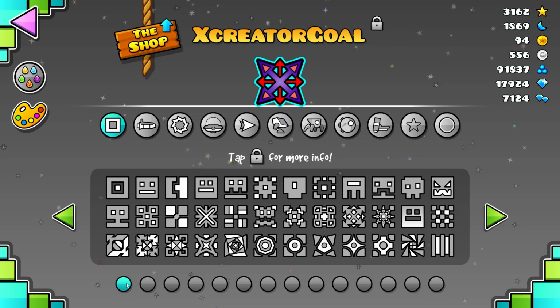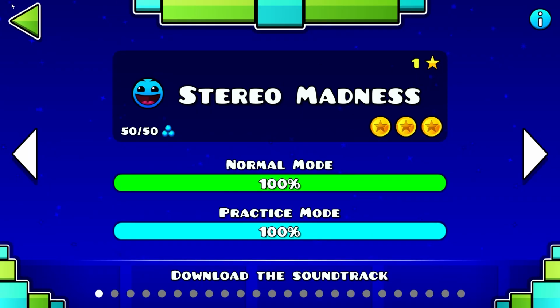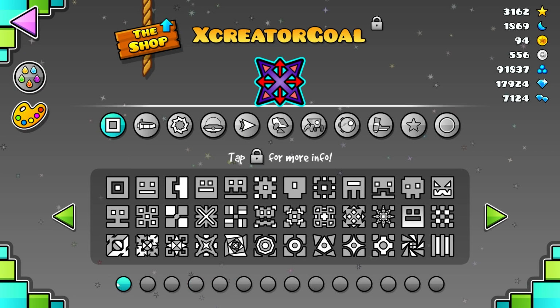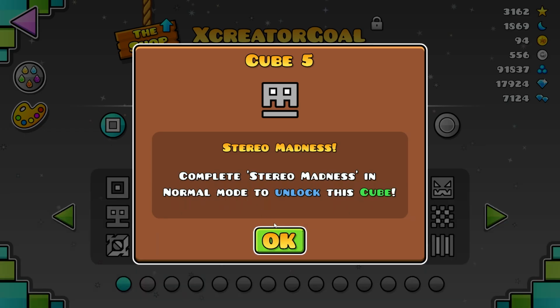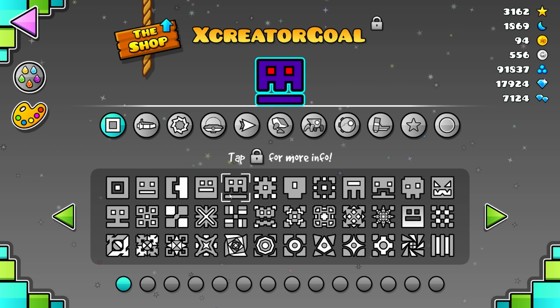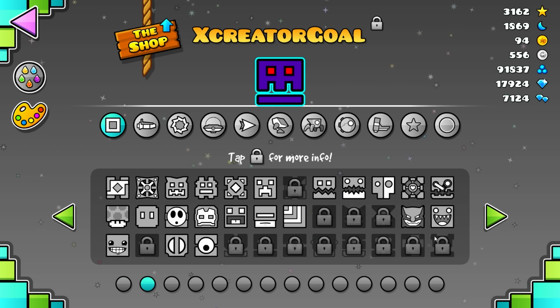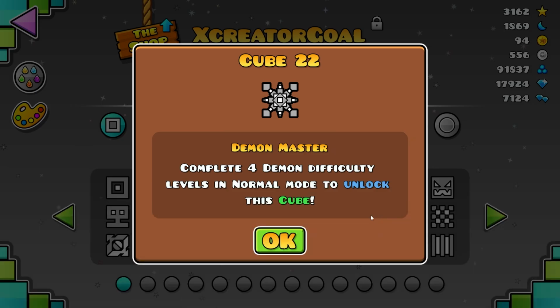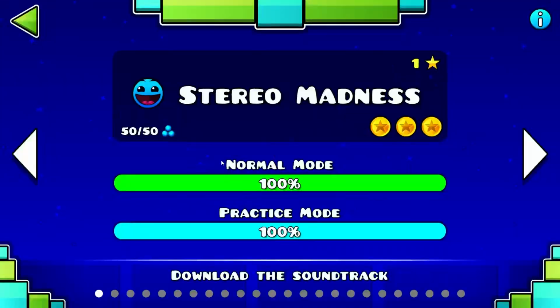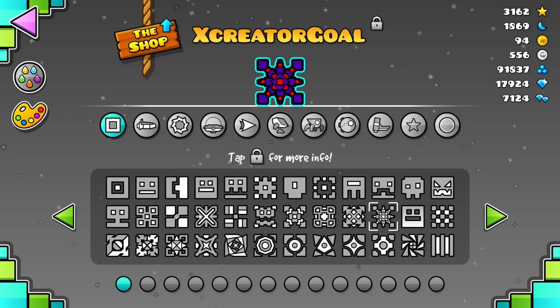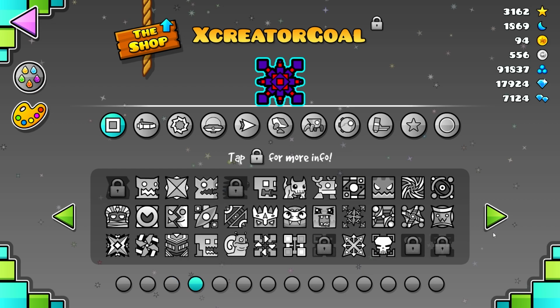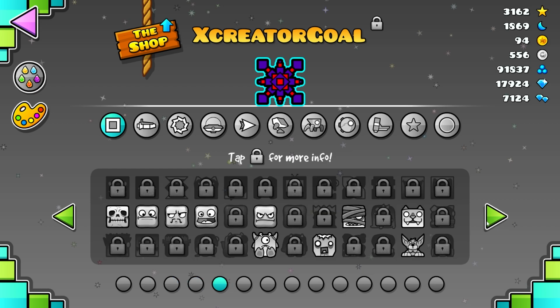because from what I remember, when I first came into this game, the coolest thing was unlocking new icons. Like, you could beat Stereo Madness and finally you got a new icon. Let me test it out. Okay, let me see. What is this icon? Oh, that icon is very cool. Oh, 4 demons. Okay, now I'm gonna have to grind a lot of demons to get there. So I choose myself an icon and then I grind to get that icon, which makes the game really, really fun. Like, this whole system of unlockables, I believe, is very, very underrated and not many people talk about it,